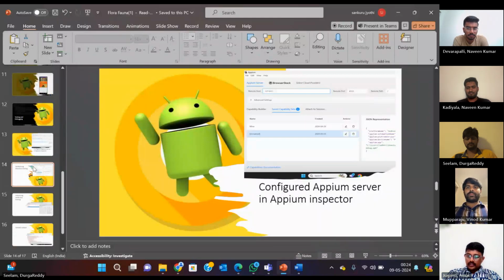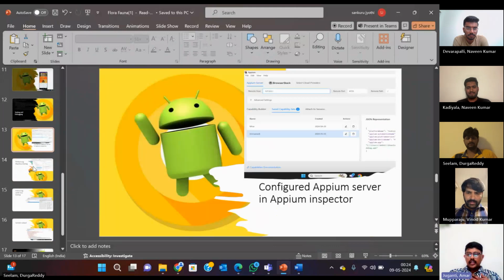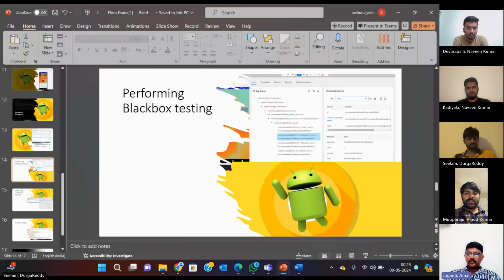Make sure the device is configured to allow debugging. Once your system is ready, we run the commands on CMD to start the Appium server. After the server has started, we launch the Appium Inspector application, where we can test our deployed application